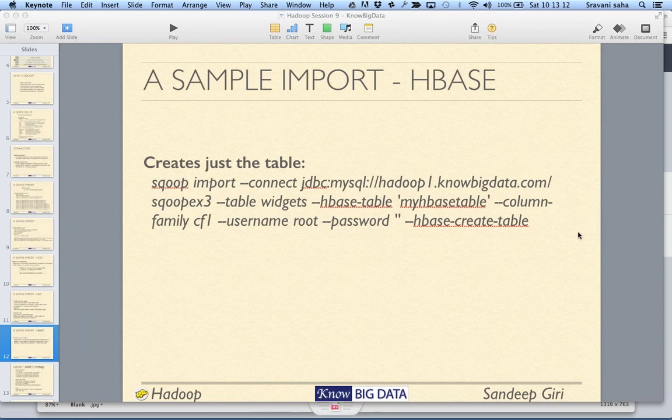Bindu, Nakul, Ranjit, Sushant, and Swati. Should we start now? All right, I think we should start. Okay, so